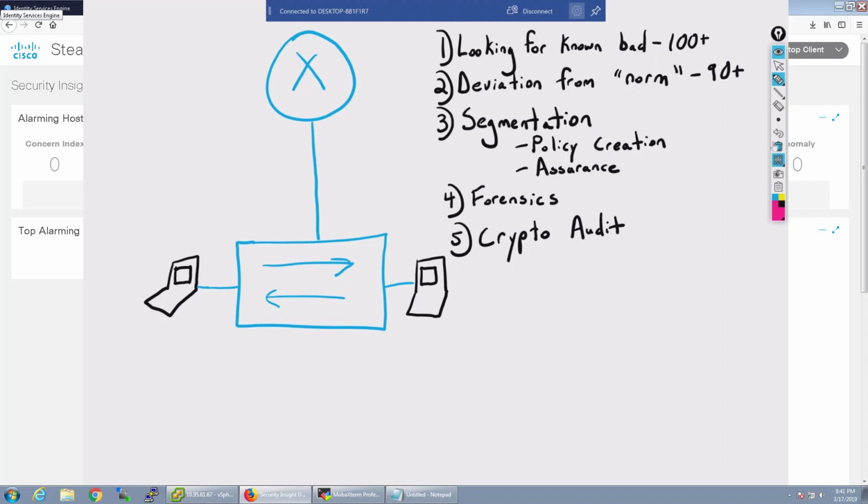So what Stealthwatch does is give you the ability to have analytics down to the access layer and capture that metadata and see deviations from the norm. The first thing it does is look for known bad, and it looks at over 100 different attributes, or algorithms, for that. So what I mean by known bad,